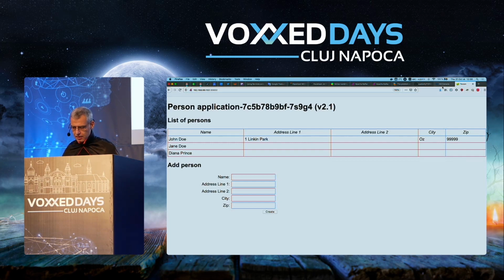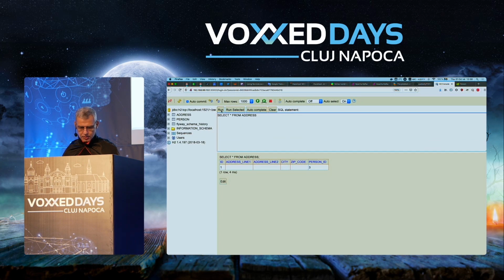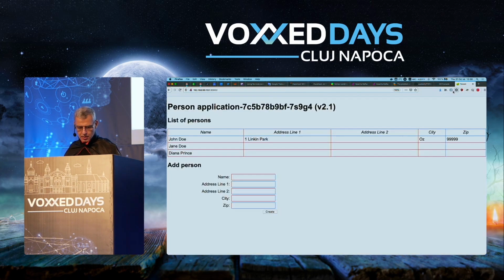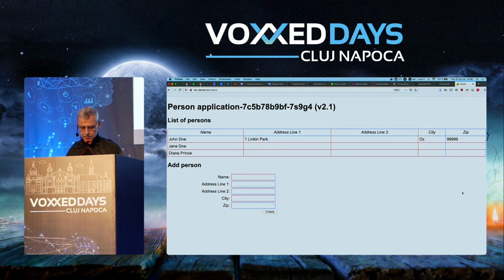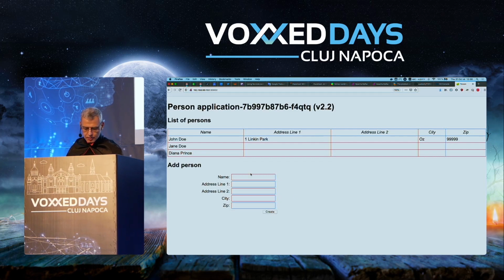Meanwhile, normally I should see here that migration has been done by the first pod. Now it starts the other pods. Yes. So now I am 2.2. And again, I can write a new entity.